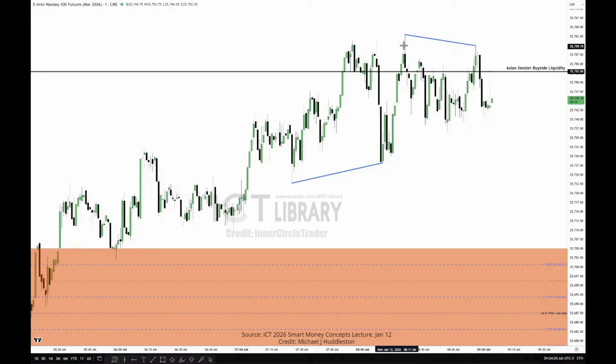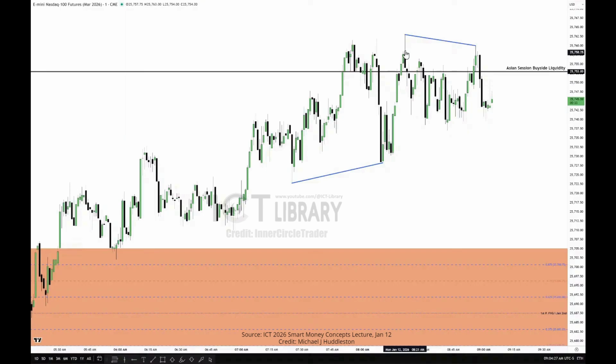You have to take some kind of a partial. I like to use anywhere between the lower quadrant and consequent encroachment. So split that in half, and that's usually when I'm trying to take a partial there. That way, I don't have to have the high taken out. It doesn't need to do that. And it doesn't need to trade through consequent encroachment, because if it fails, consequent encroachment is going to tell you the information that you're looking for.